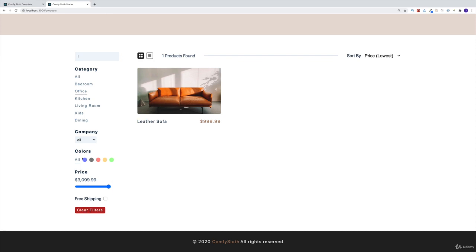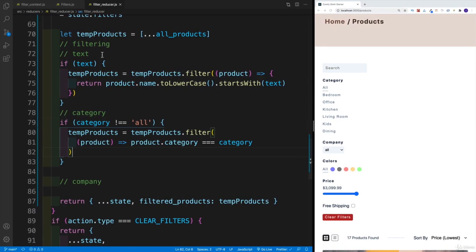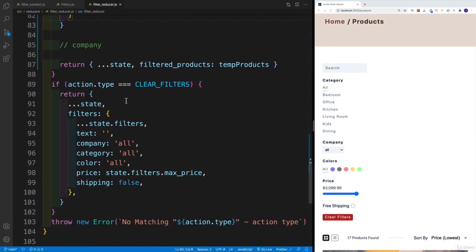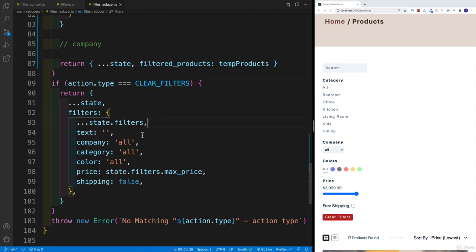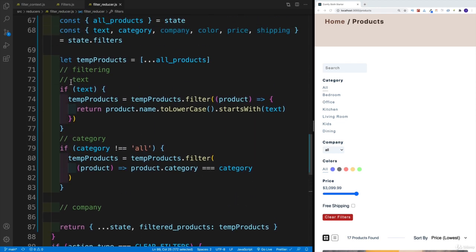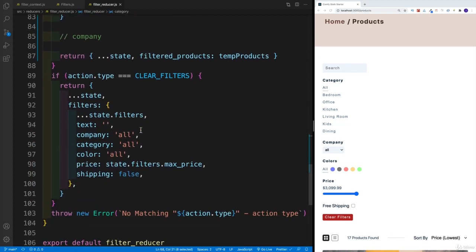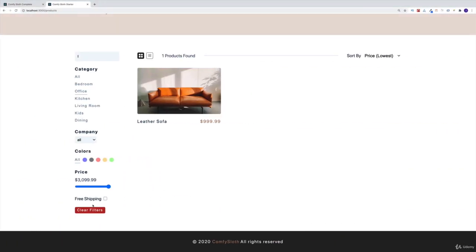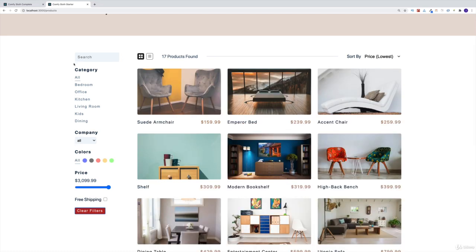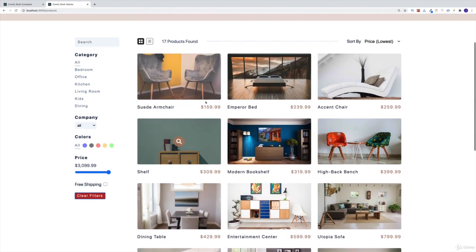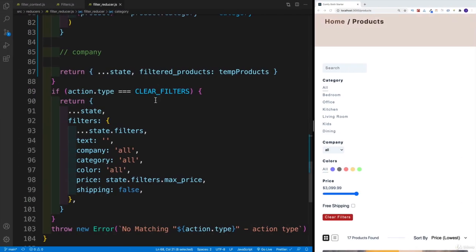Now, we don't have an option of clearing the filters yet. That's why, or you know what, actually we do. My bad. Let me actually showcase that. Remember that only thing we're doing with clear filters, we're just setting it back to the default, correct? So we don't need to do anything here in the filtered products because we'll change those state values anyway, the moment we click. So actually, it is going to work. My bad. Once I click, notice. Now I'm setting back to the default. So category goes back to default, search goes back to default, and I'm getting all the products, which is actually pretty nifty if you think about it.